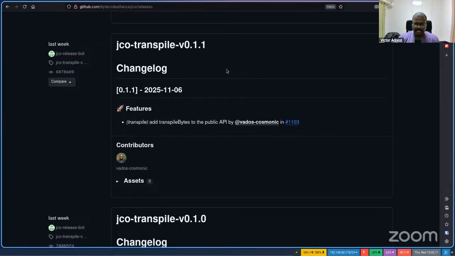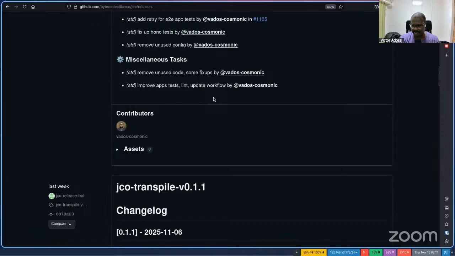Some people wanted to use just transpile, without the rest of jco, because jco does type stuff and pulls in componentize. Some users had filed a feature request to get transpiling bytes as an interface. That went in, and new versions of jco transpile went out last week.